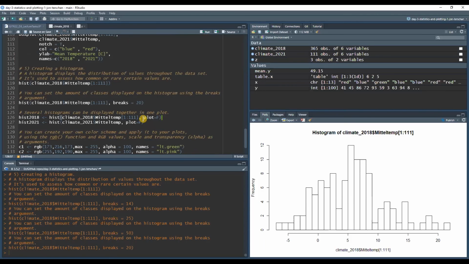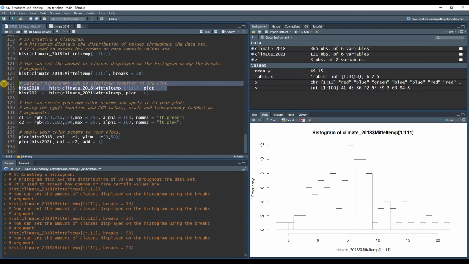You can also plot two histograms together in one plot. In my opinion, there's not a lot of cases in which that is beneficial, but sometimes you kind of want to compare the distribution of two data sets in two plots. And for that, you need two plots. The first thing we can get away from here is you can also write your plots into variables. That's very much possible. You can assign your plot